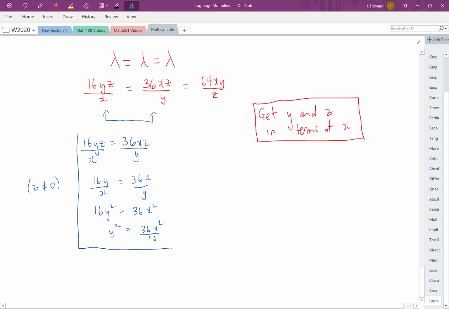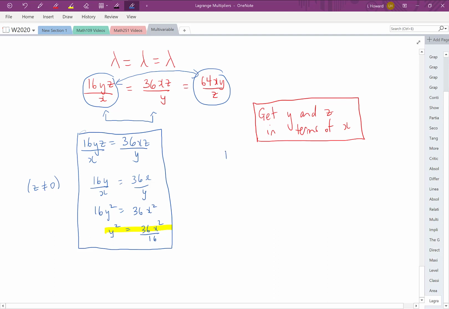I'm going to put all this stuff in a box, and I'm going to highlight this fact that y squared equals 36x squared over 16. We've taken that far enough. So now we want to do a similar kind of thing where we get z in terms of x. I would say a slick way to figure out how to do this: we need an equation that we can cancel y out of, because we really want to come down to an equation involving z and x. So if you look back at this sequence of equations that we got up at the top of the screen, if you said that the first and the third things are equal,